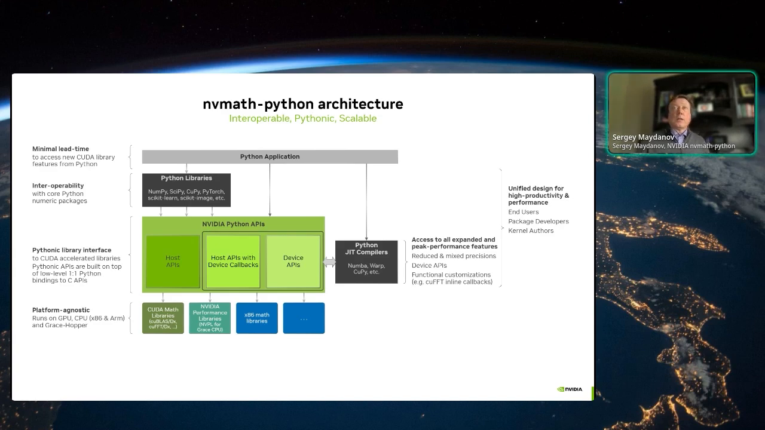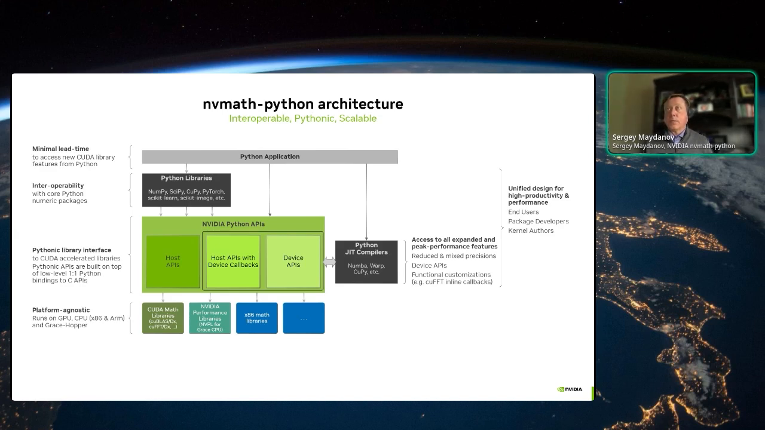These APIs, like we saw, are organized in three different blocks. There are solely host APIs. Basically, these are APIs that are invoked from the host and do not require anything else from you. There are also certain APIs, like we saw in matmul epilogues or FFT callbacks, that use device callbacks. And some of these device callbacks